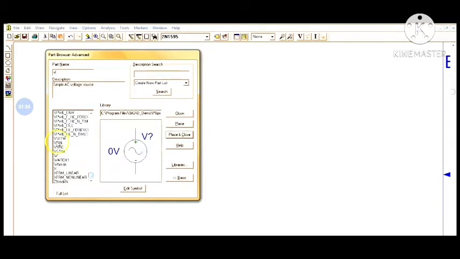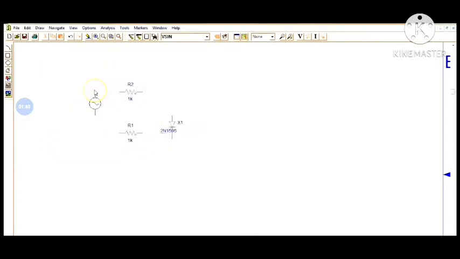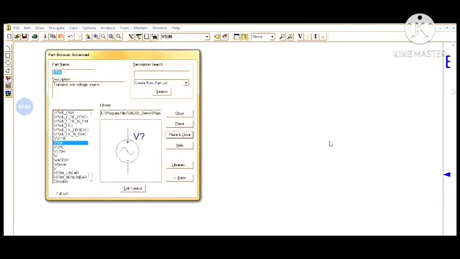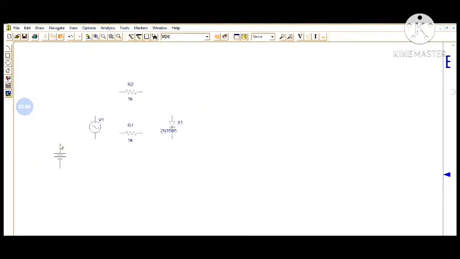Click it. Now you have to choose the DC source, VDC. Choose VDC from the list, enter. Just click it on the workspace, then escape again.